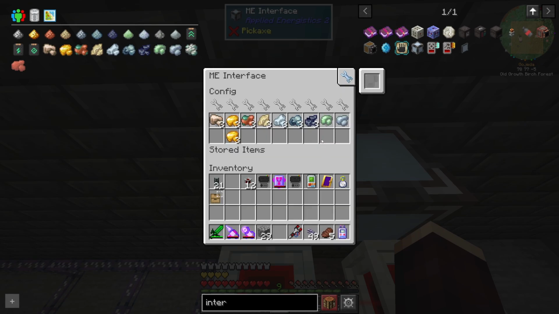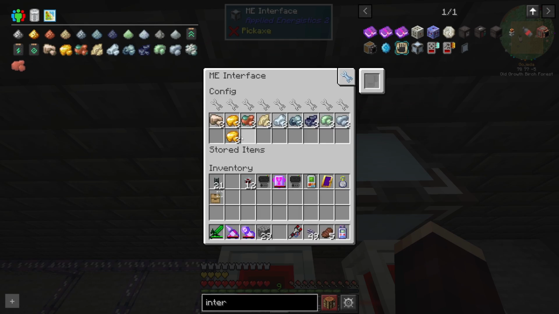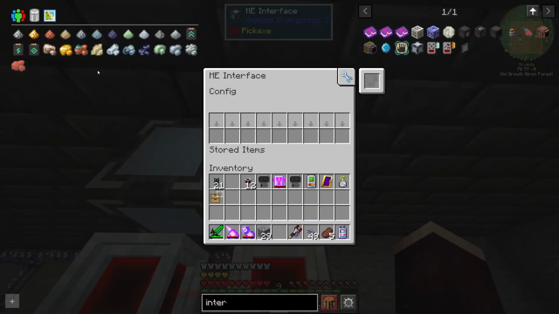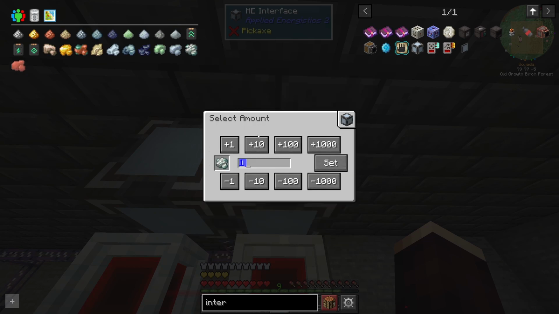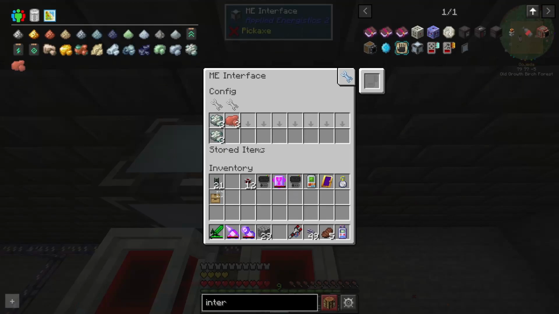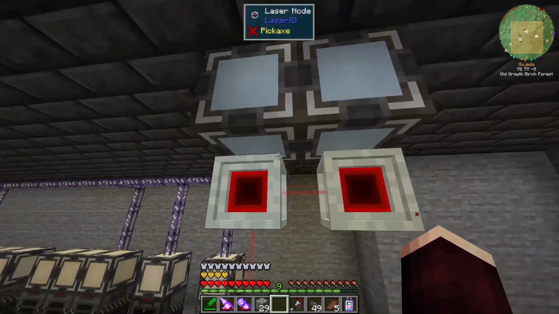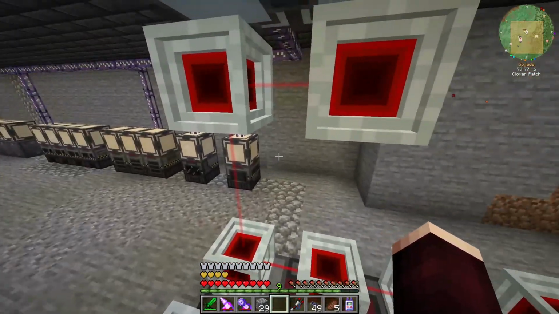3, 3, 3. Osmium. 3. Cool. So osmium. So now I have zinc and bauxite that I need to have in here. So zinc and bauxite. 3 and 3. Nice. So we had zinc in our system apparently. Now what we're going to do with these is actually going to be...